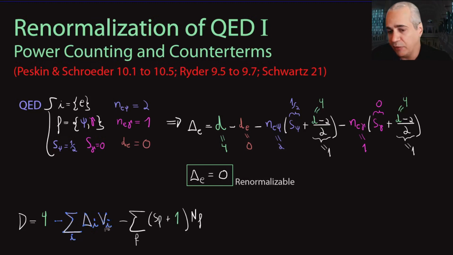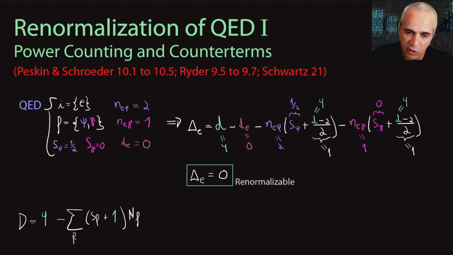So you see that QED in 4 dimensions is kind of special, because the superficial degree of divergence does not depend on the number of vertices, just on the number of external legs for the diagram. And this is easy now to calculate. You just have to plug in these two fields here. And so this is 4